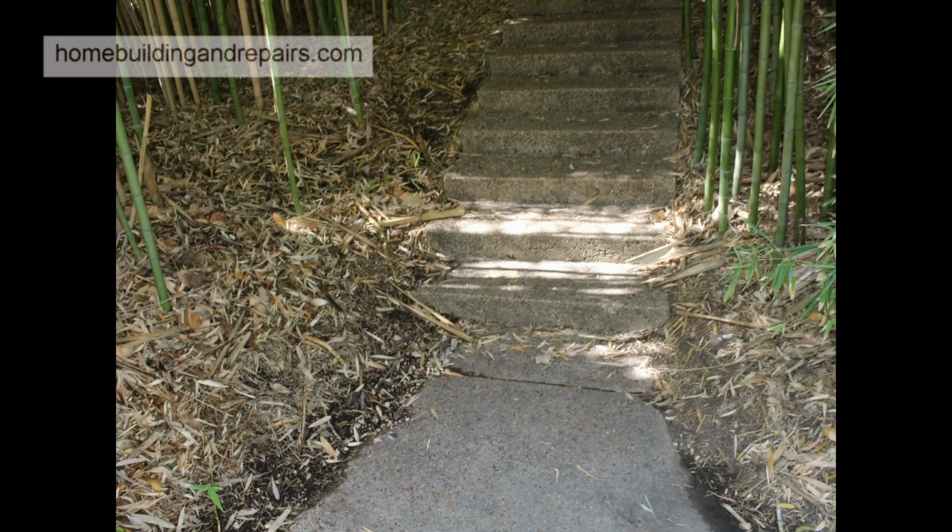Here's another one of those problems I have addressed before, and I will probably continue to address in the future. An exterior stairway with debris, leaves, twigs, branches, and of course soil entering the side of the stairway and creating obstacles for the users of the stairway. Now, I wouldn't be as concerned with something like this if it's a stairway only used once every 10 years,